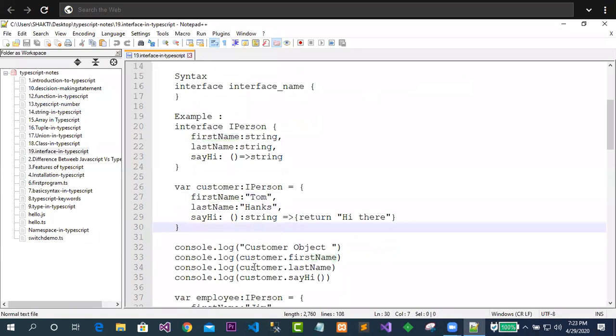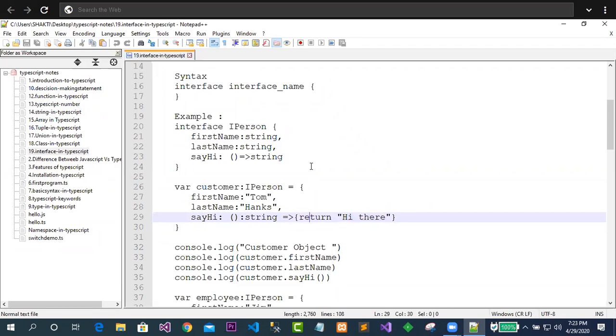How exactly is this? This function is now represented by sayHi, and this function gets the body part. This is an anonymous function again. This colon represents the function having the return type string, and this is the thick arrow, and after the thick arrow, whatever we specify is called a statement. So what statement is it going to return? It is returning "hi there".